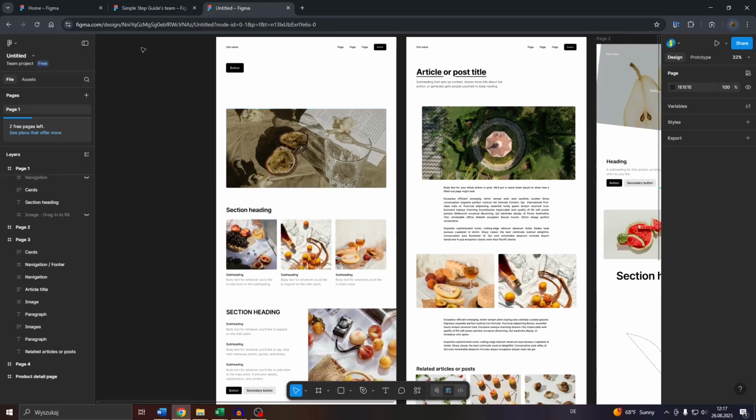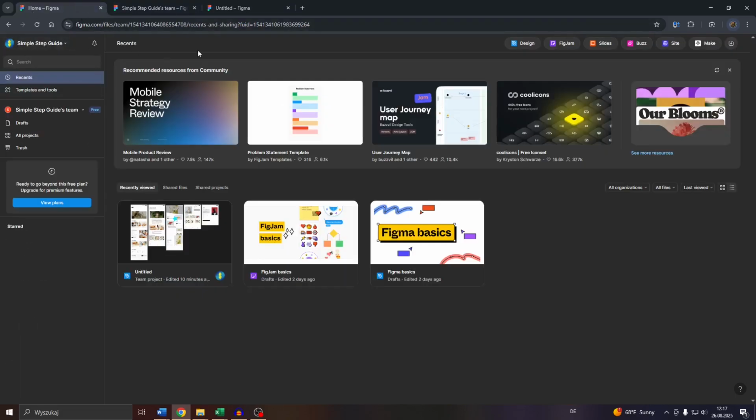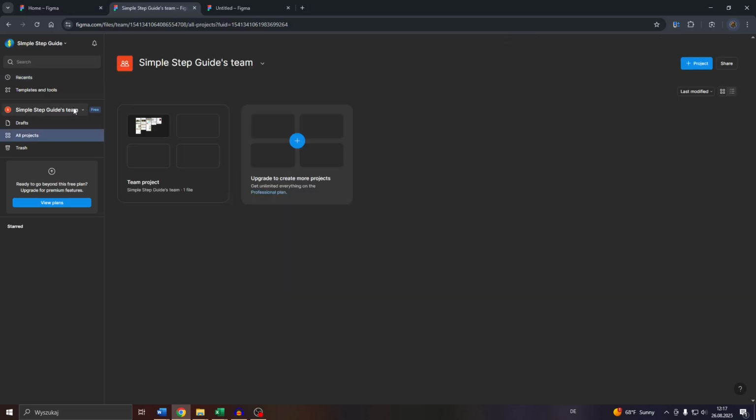So for this method, head over to the home section of Figma. Make sure that you're logged in with your account and select your team here on the left panel. Let me go with that team here. You may select it by clicking on that arrow down icon here and select one of these teams or create a new one. So here, guys, you will be redirected to that overview of your team with all associated projects